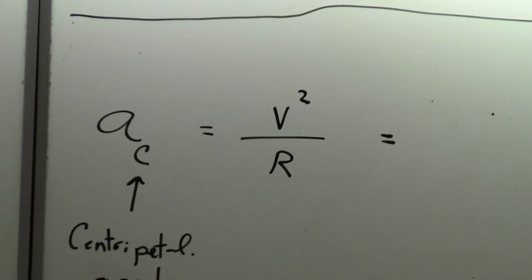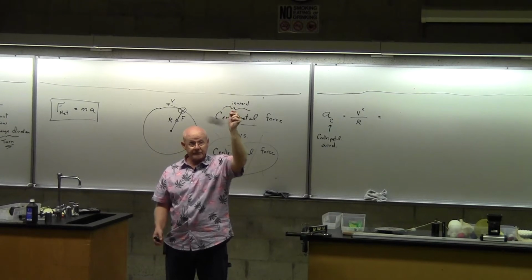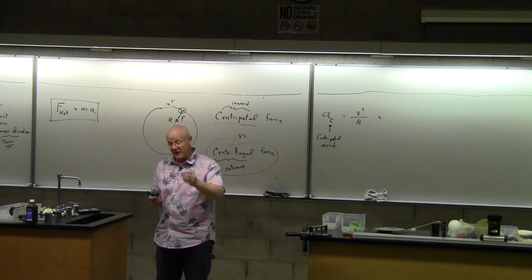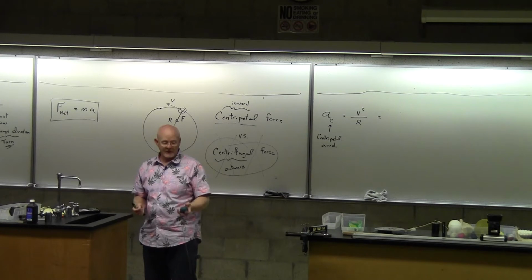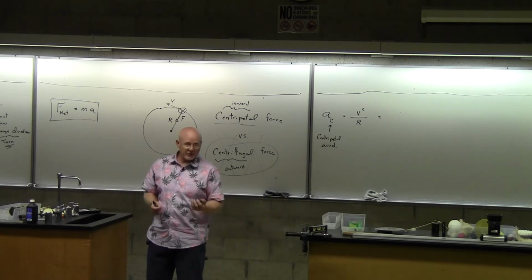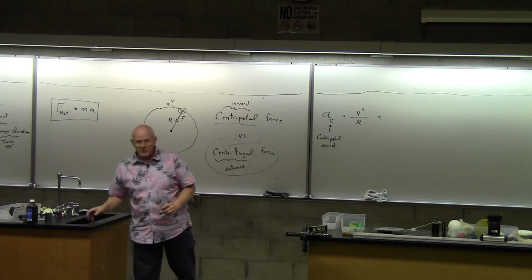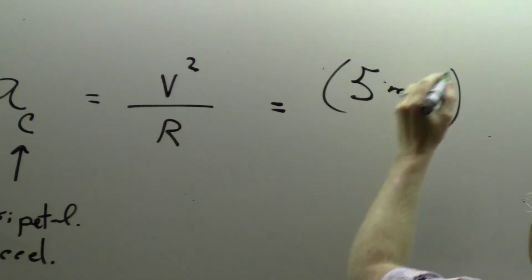Let's just take this ball again that I was spinning around, and I better not spin it too quickly until I fix this string here. But as I spin it around, let's just say it is moving at a speed of 5 meters per second. I'll just make a number. And it feels like it probably has a mass of 100 grams. So let's put that into here. So at 5 meters per second squared,